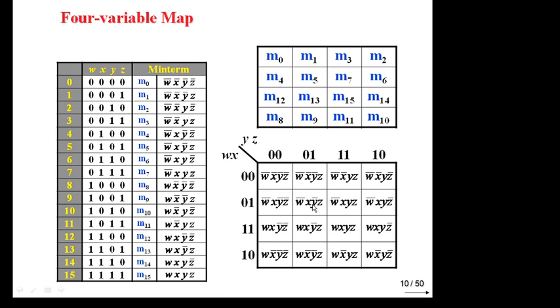okay, means this one. In this case, okay, how will you determine the value? This is value of w, this one. What is the value of, suppose in this square we have to determine the value. What is the value of wx? 1 1, and y bar z is 0 1. So 1 1 0 1 is 8 plus 4 plus 1, 13. So 13, 0 1 2 3 4 5 6 7.